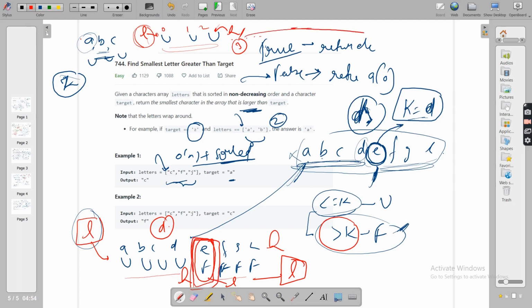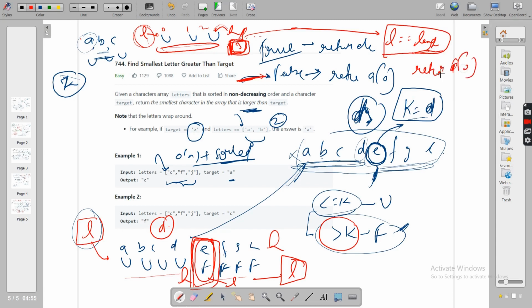But here you have to check one thing: whether L is equal to the length of your array. Here the length is 3, and the final index is 2, so if you do not find any value greater than K, L will point at the final index plus 1, which is your length. So you just have to check if L is pointing at the length, then return the zeroth index value, A of 0. Otherwise, no problem, just return whatever value you get at A of L.